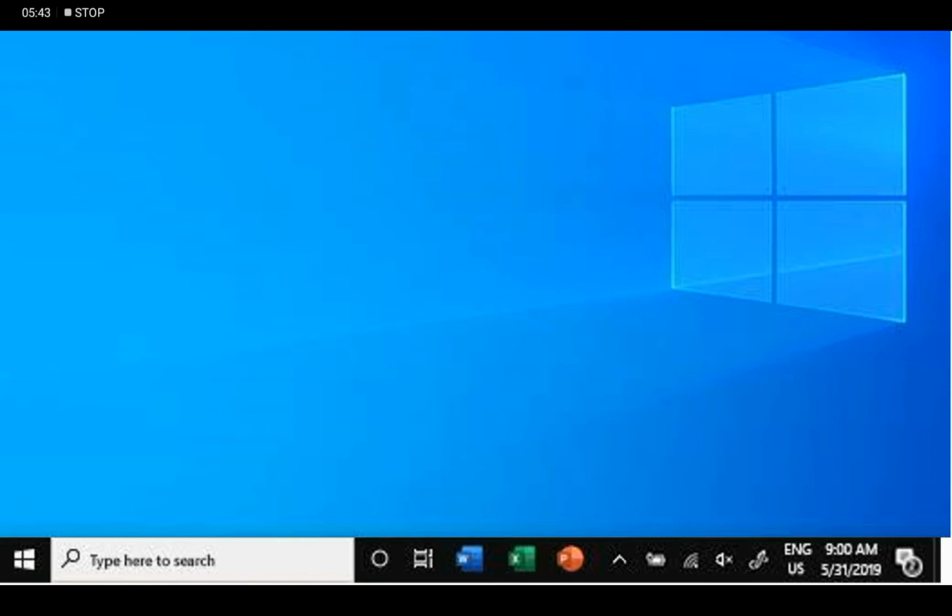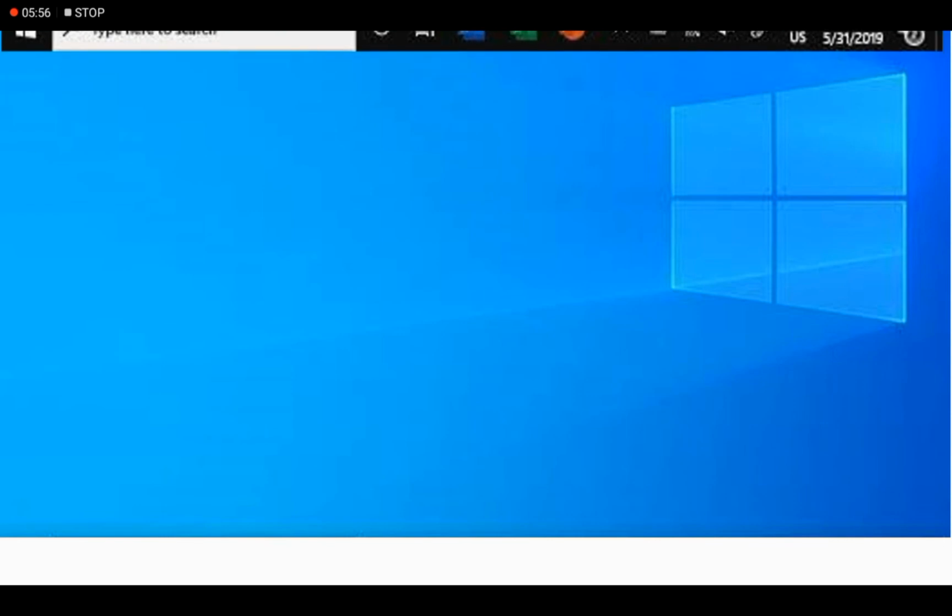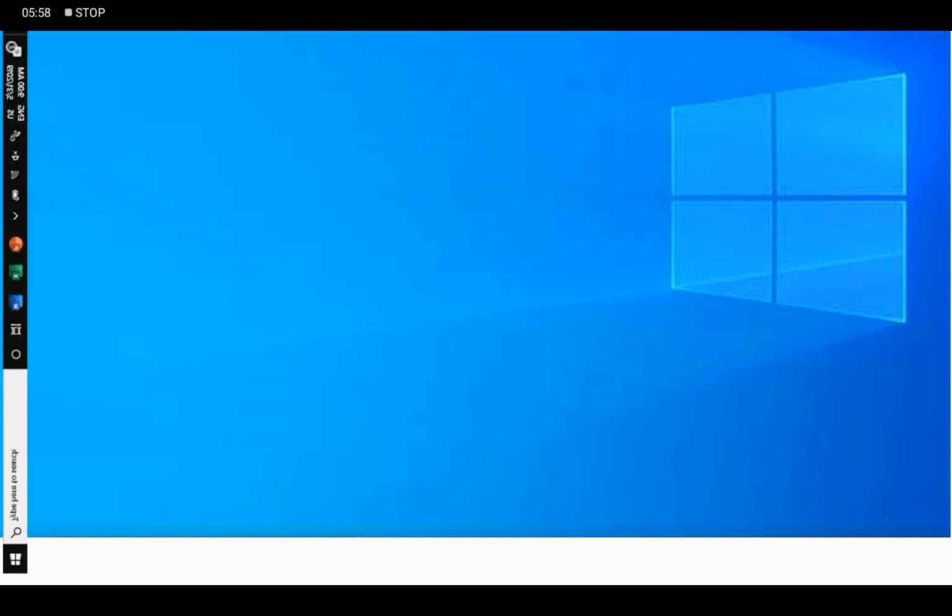After clicking on the taskbar, you can move it anywhere on the screen by just dragging. You can move it to the right side, you can also move it to the upper side, and you can also move it to the left side. So that is all about the taskbar.